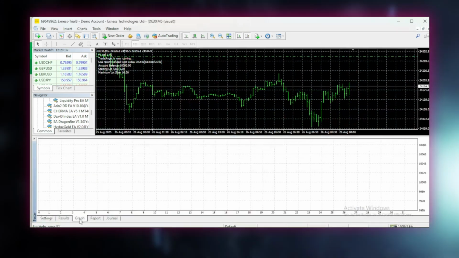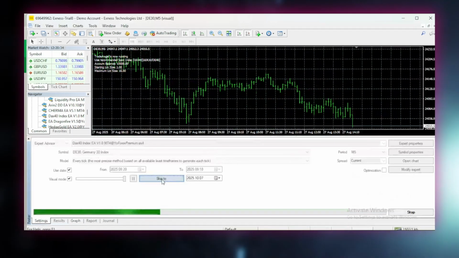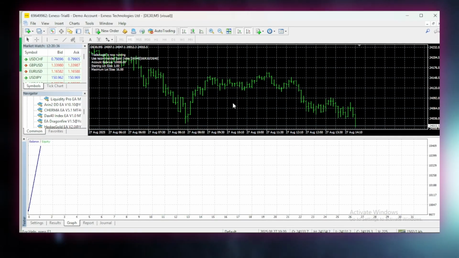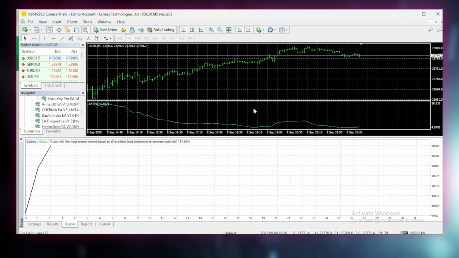Throughout the test, it delivered steady equity growth and clean risk-to-reward ratios, executing short-term entries and exits with precision. This clearly shows the EA's ability to adapt to intraday volatility and generate consistent profits without using martingale or grid